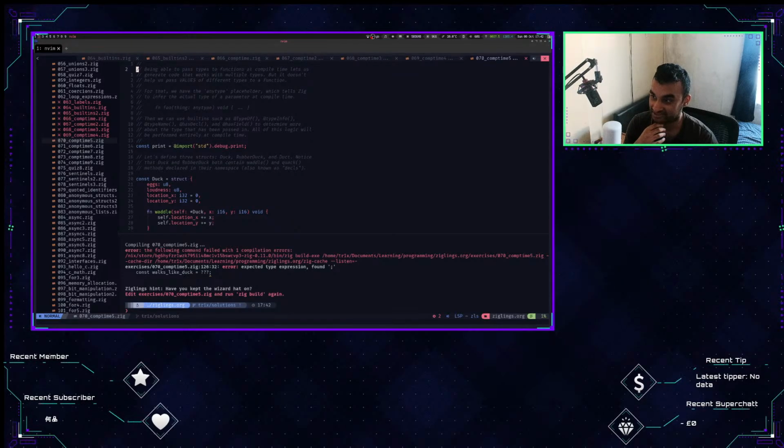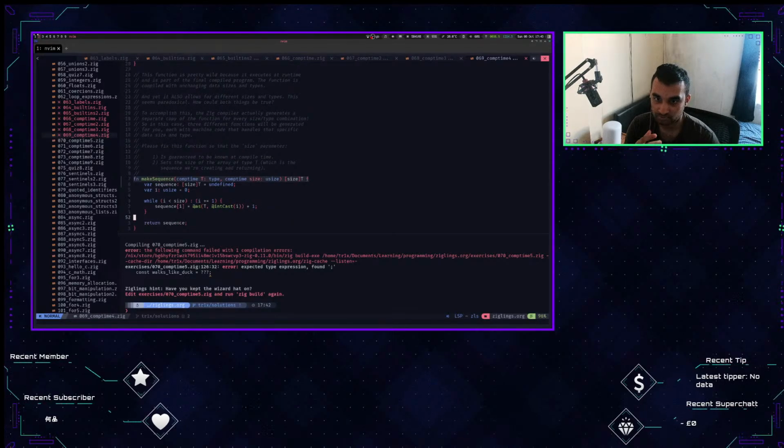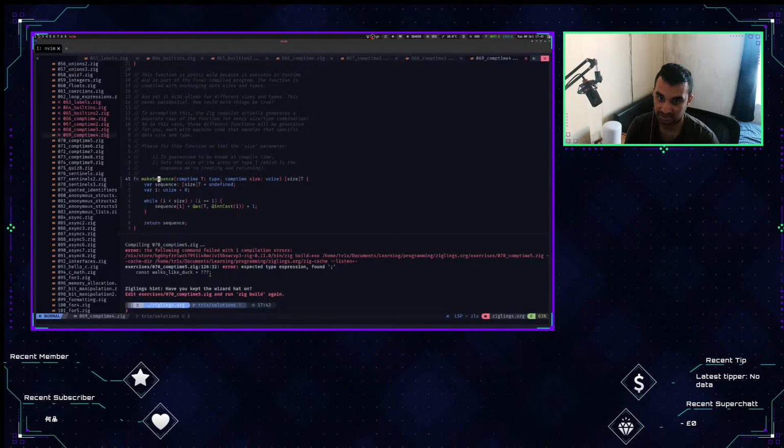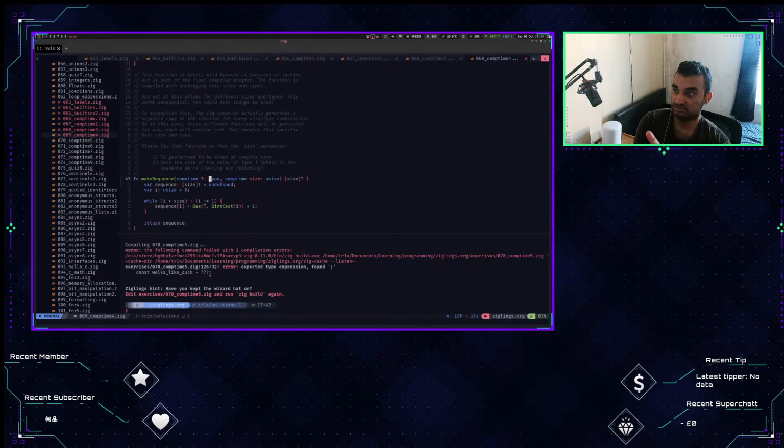It's just like using generics, essentially. Oh, I realize some people might not know what generics are. In Java, you can do something similar. So if I go back one, where you have comptime type T is a type, you can do something similar in Java where you specify your type as extending something if you want it to, or if it doesn't extend anything, you can just do type T for a variable, and then when that variable actually gets passed through on your method or constructor or whatever,